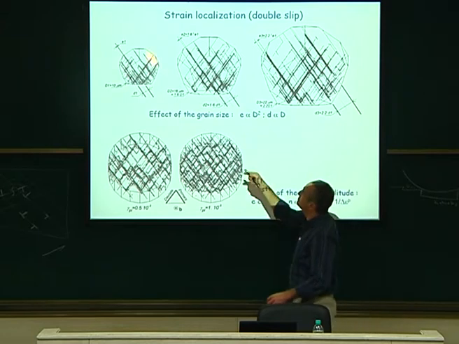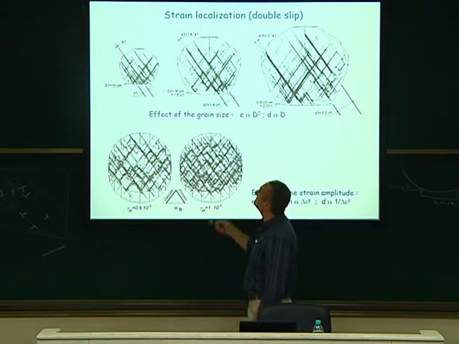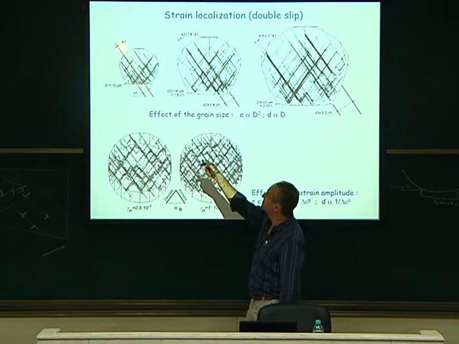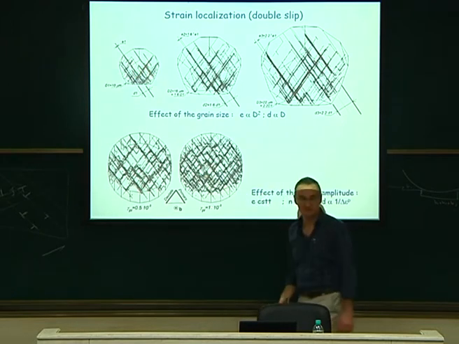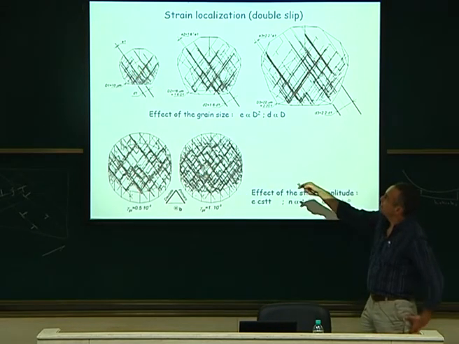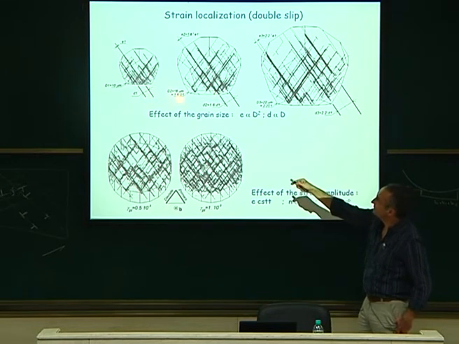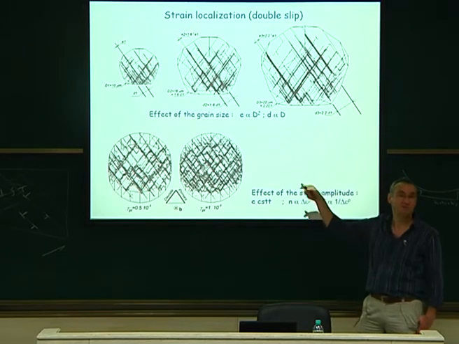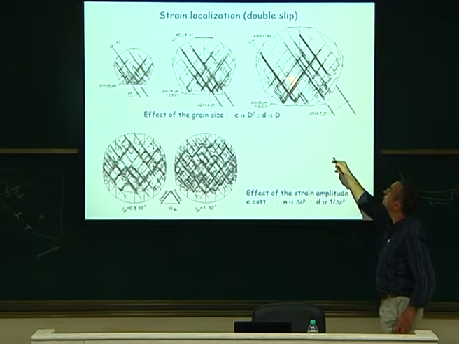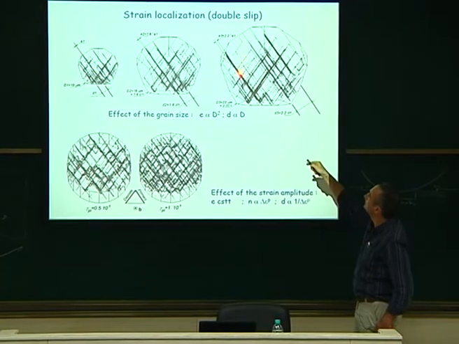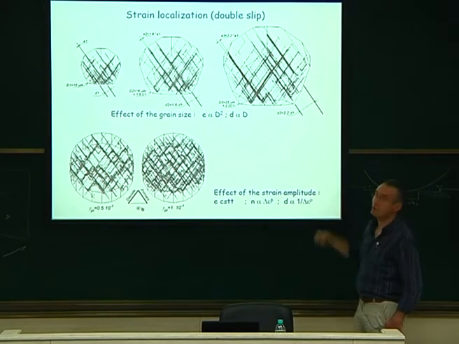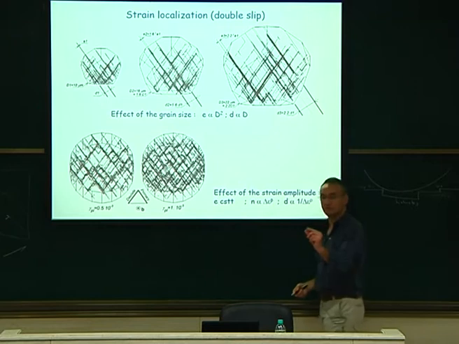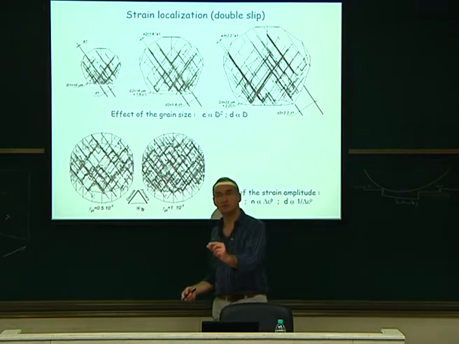And then it's a surface. You look from the top free surface along the Burgers vector, and you can see the 2 slip systems which are active. And if you multiply the diameter by 1.6, you can see that the thickness is increased. It is multiplied by about 1.6 squared. If you double the diameter, the thickness is multiplied by 2.2 squared. So it's as if the thickness depends on the diameter squared.